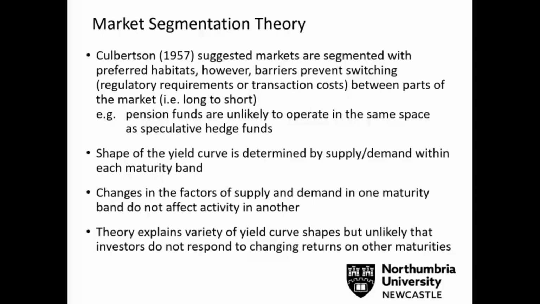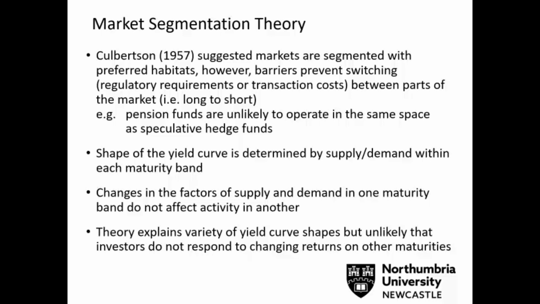And the last theory is what's known as market segmentation theory. And this actually contradicts the likes of expectation theory and liquidity preference theory. But it does hold quite in line with preferred habitat. Because market segmentation theory suggests that at different segments along the yield curve, there's different supply and demand. We could say in the different habitats, whether that be short term, medium term or long term, we said there's different characteristics under that theory. What market segmentation theory is suggesting is that there's different types of supply and demand at different segments along the